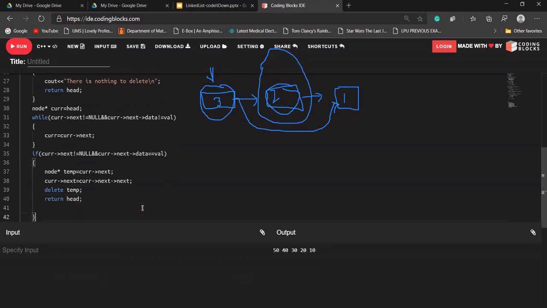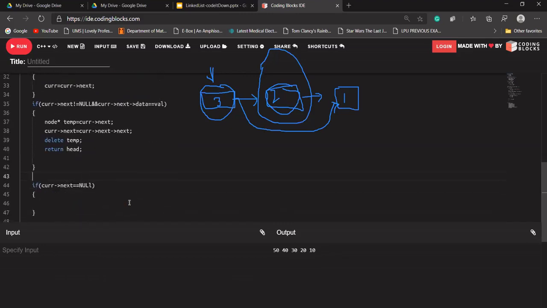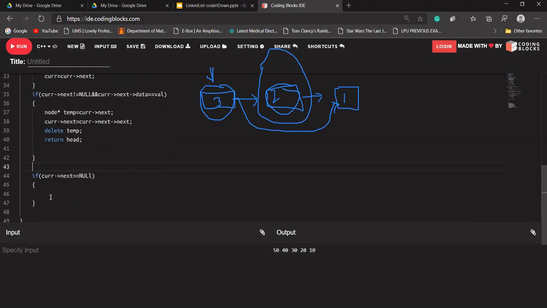Okay, if this condition fails, then definitely we can say that we have reached the last node of our linked list and we have not found that data in our linked list.